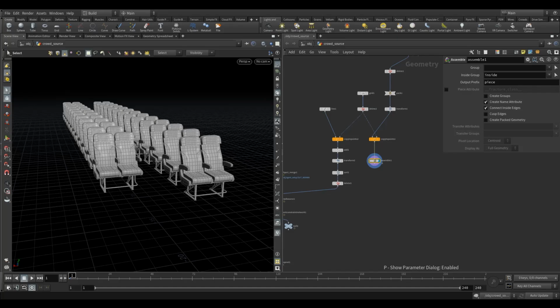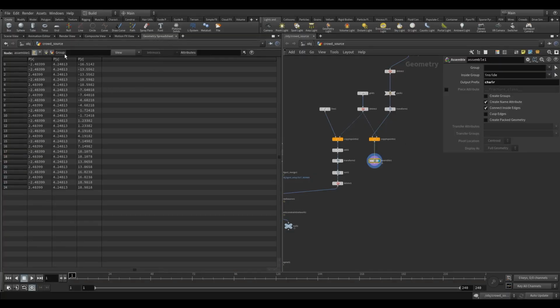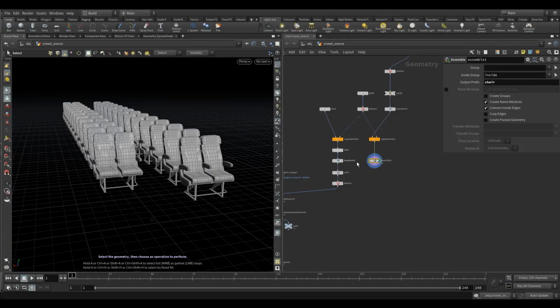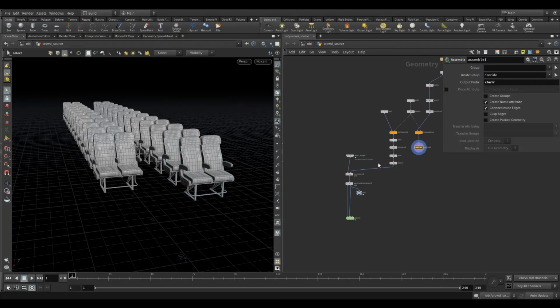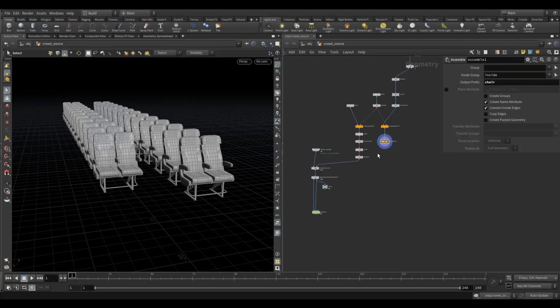Okay, and let's give it something meaningful, chair. So each one of these will have a unique name now. Okay, and that will help us create constraints between the chairs and the